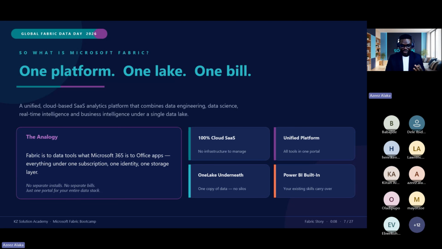Now, the good thing about it is that even if you are using different cloud solutions, you are using Google Cloud, which is not managed by Microsoft, or you are using AWS, with Microsoft Fabric you can actually create a snapshot. What does that mean? It means you do not need to copy the data from those applications to Microsoft Fabric. You only need to create a snapshot, just like an image, and you'll be able to do whatever you want to do with your data, which is one of the things we use for this project.